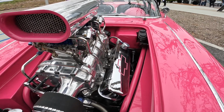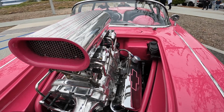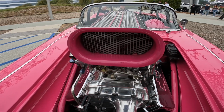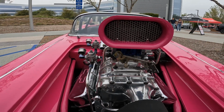Could you tell me why you chose this platform? Did you like the two-door aspect of it? Do you like the way it can be modified, the looks? Or why this car? My dad, when I was about 10 years old, started getting into old cars, and primarily